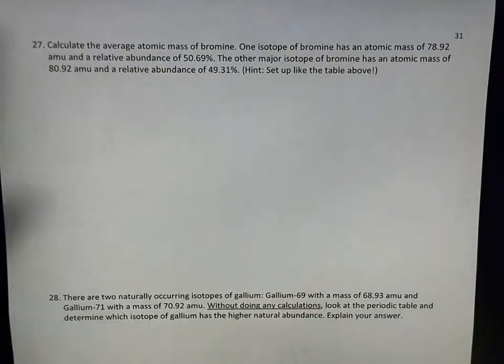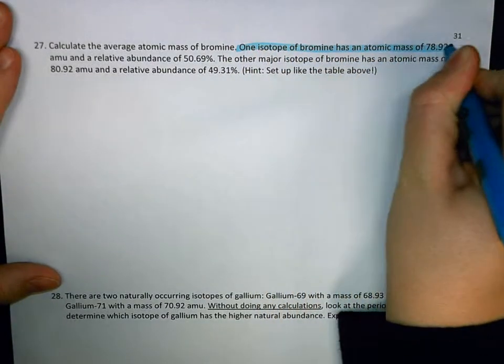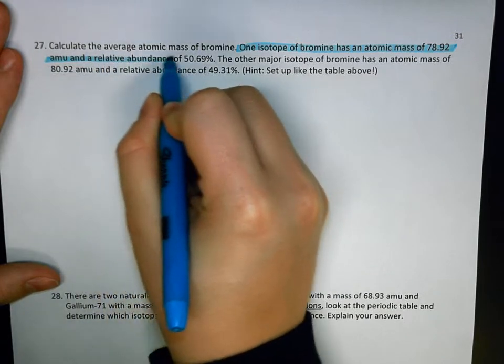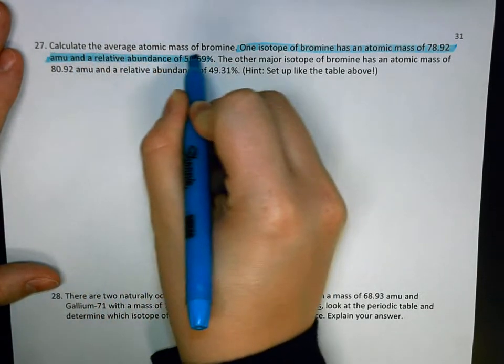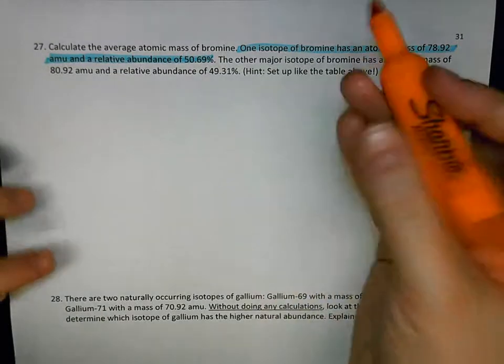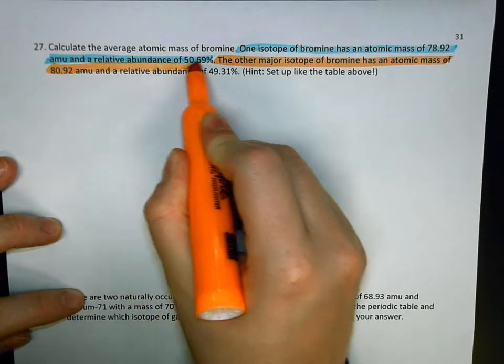Calculate the average atomic mass of bromine. One isotope of bromine has an atomic mass of 78.92 AMU and a relative abundance of 50.69%. The other major isotope of bromine has an atomic mass of 80.92 AMU and a relative abundance of